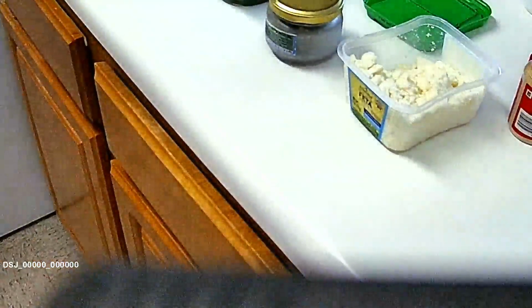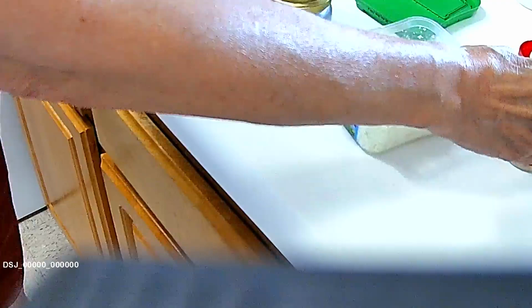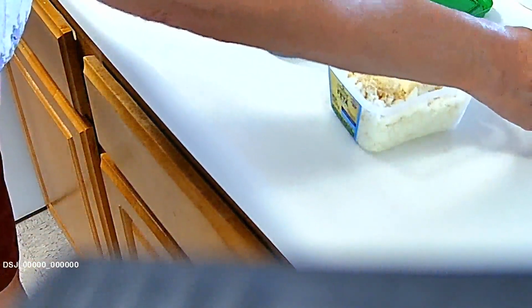Okay, I'm trying a new recipe. I couldn't find herbed feta cheese, so I'm going to herb it myself. I'm going to put in a little bit of garlic powder here. Yeah, that's about right. And I have some frozen